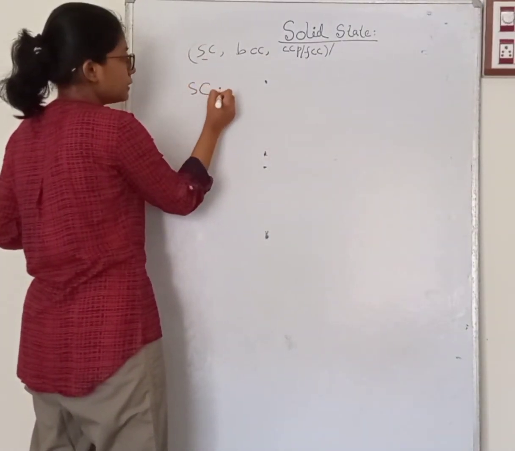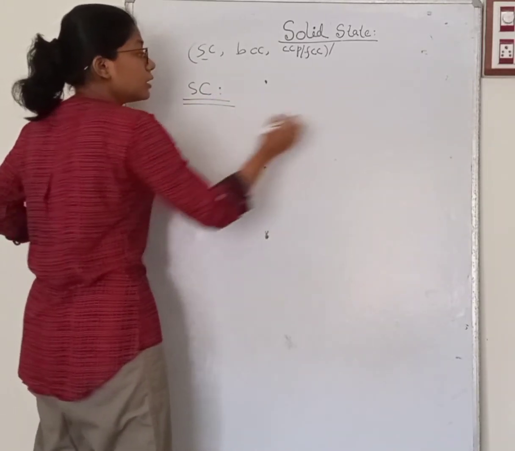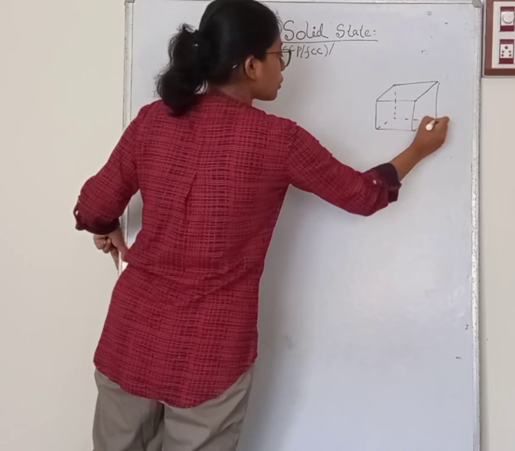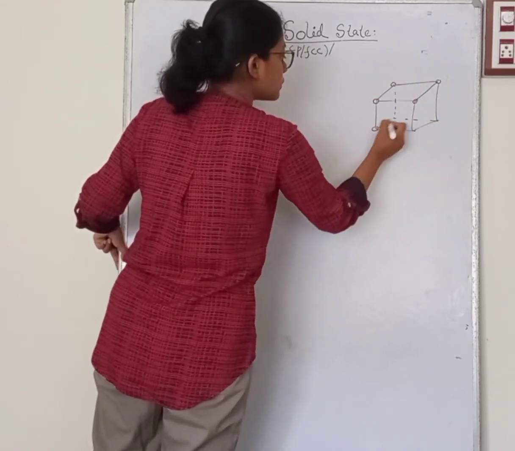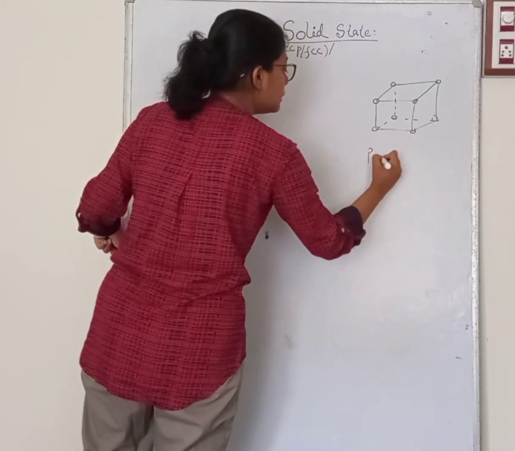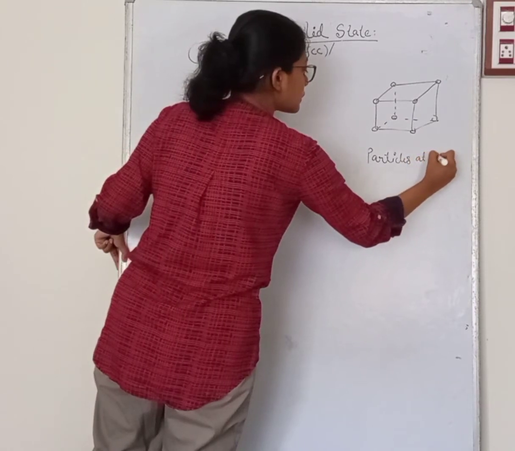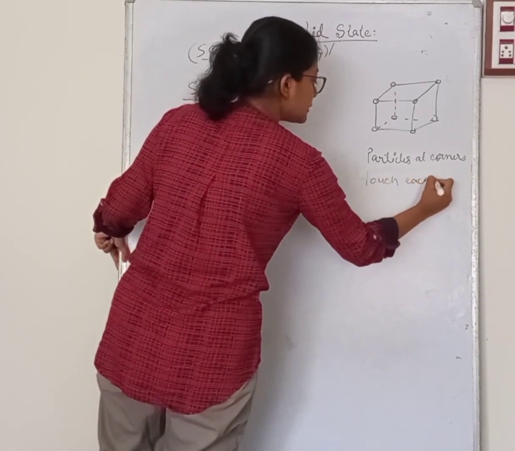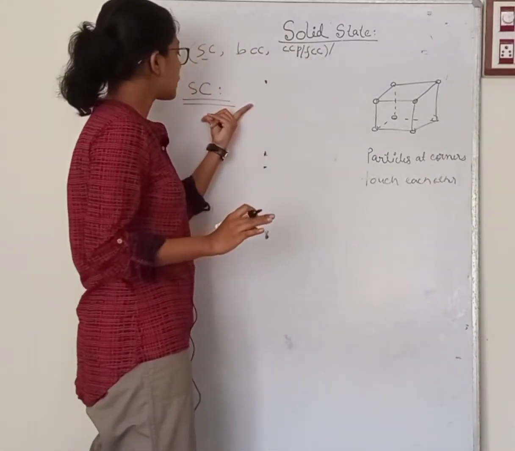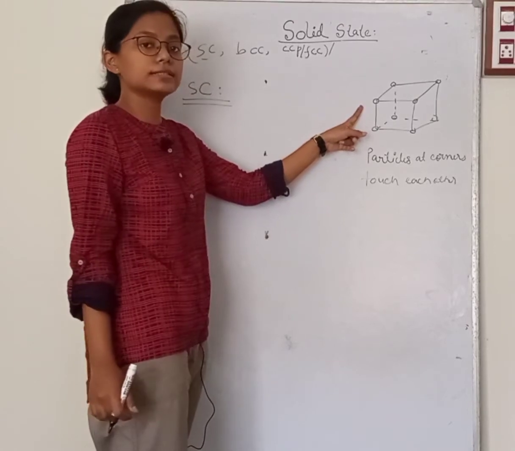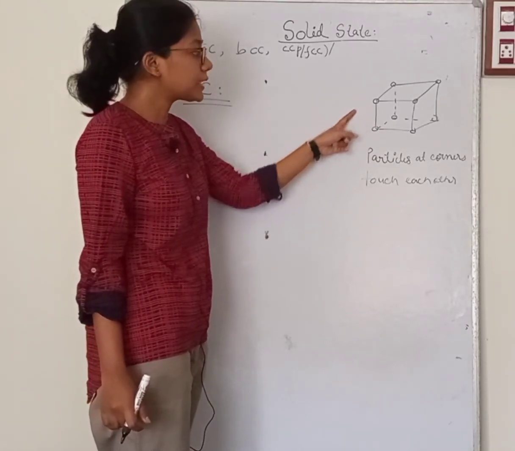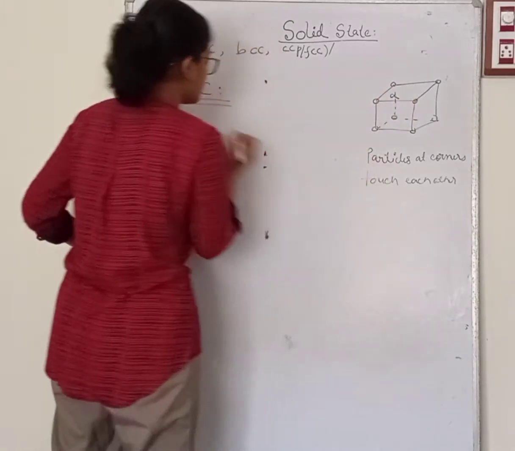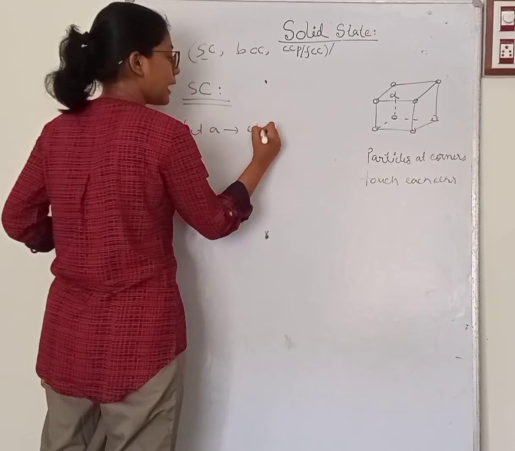So for a simple cubic cell, we know the constituent particles are only at the corners, and the particles at the corners touch each other. So from this, let A be the edge length,